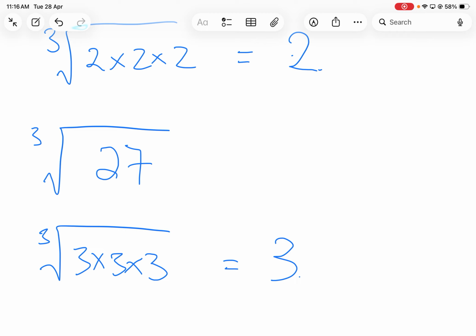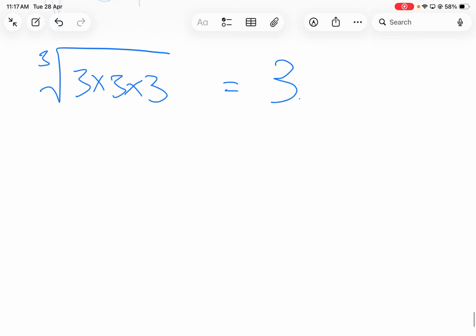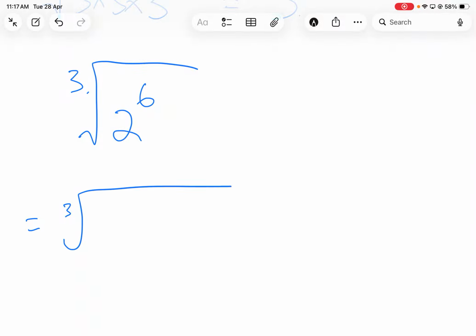So this time, we are dividing this number into 3 equal parts to multiply by itself. So, if my number is 2 to the power of 6, if I want to take cube root, this time I want to have 3 equal parts multiplied by itself. Can you see that? I should have 2